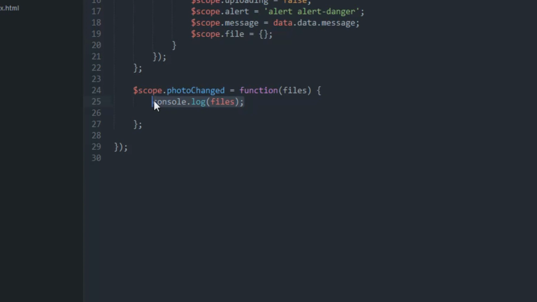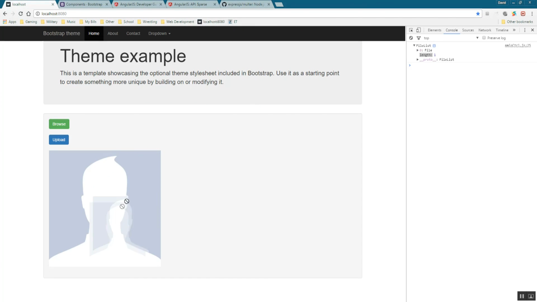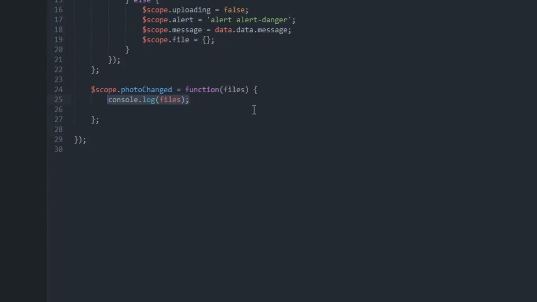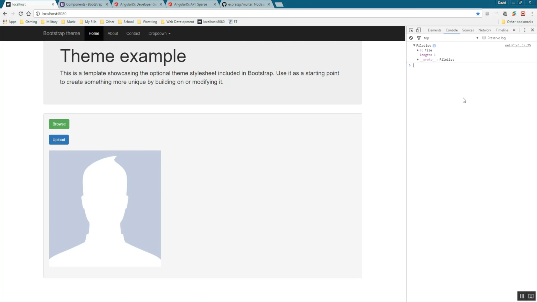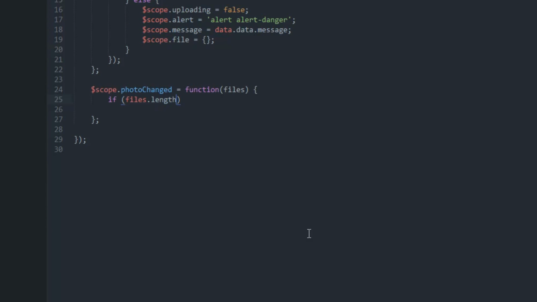And so we need to make sure that this preview, this thumbnail, only gets activated if 1, there's an actual file there, and 2, it is an image, right? So for example, if you wanted to enable document uploads or PDFs or something, then obviously you wouldn't want an image preview here, right? So we need to check for that. And so this is how we do it, right? We have a condition and we say if files length, right? And we get that from the console log. We'll say if files length is greater than 0 and